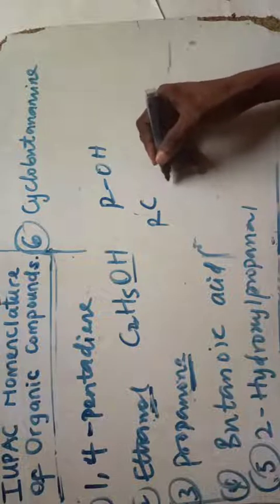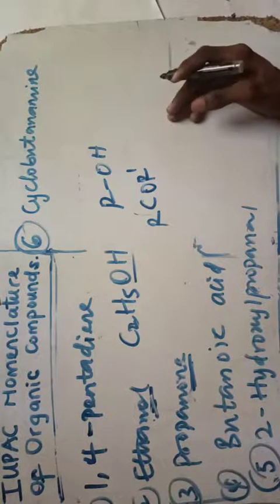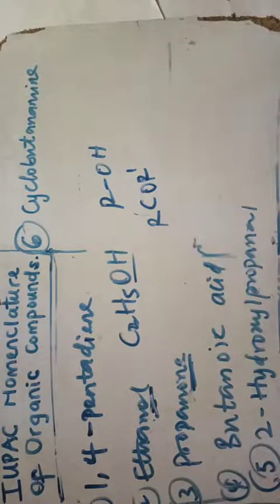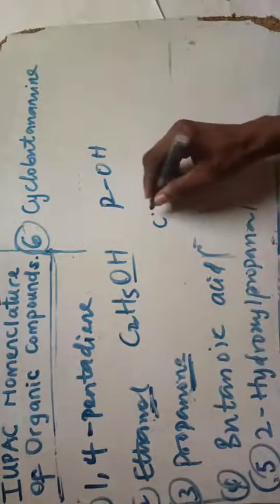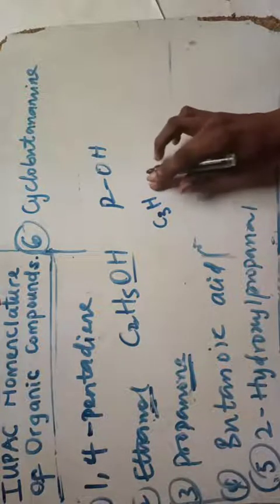Okay, and if you remember when I was explaining that you want to make your one family, you have to understand that it will be RCOR prime. Okay, and this is also a ketone. Now in this propanone, it's very simple. That will just be what? Propanone, that is propane, that is propyl, C3H7. So instead of the 7 there, you're going to write your one family.